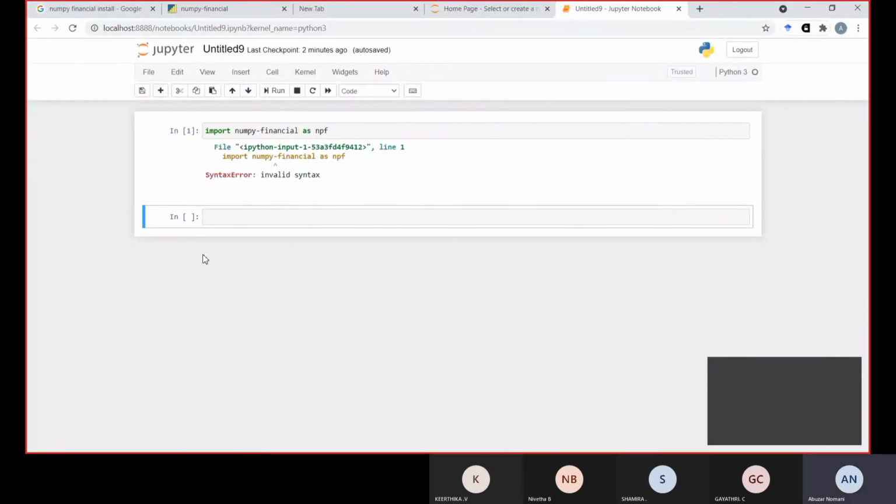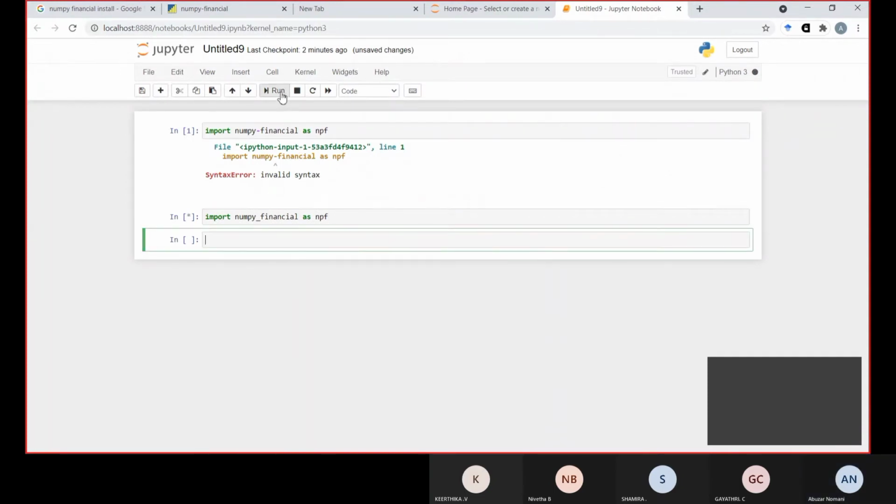I'm writing it again: import numpy_financial as npf. Now make it run. This has been done, so the import has been done.